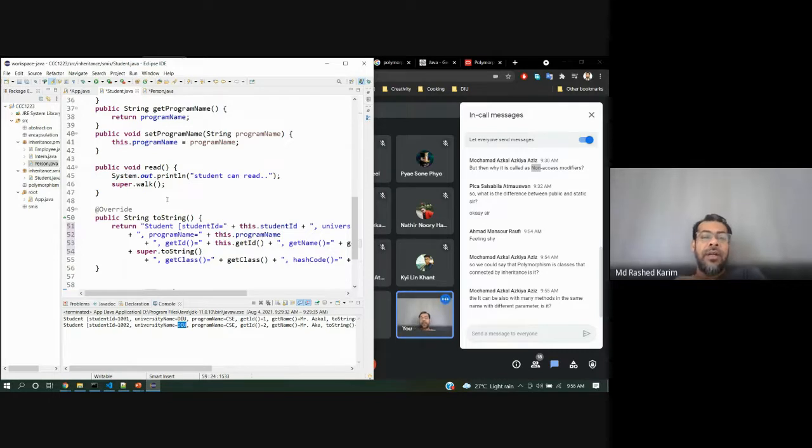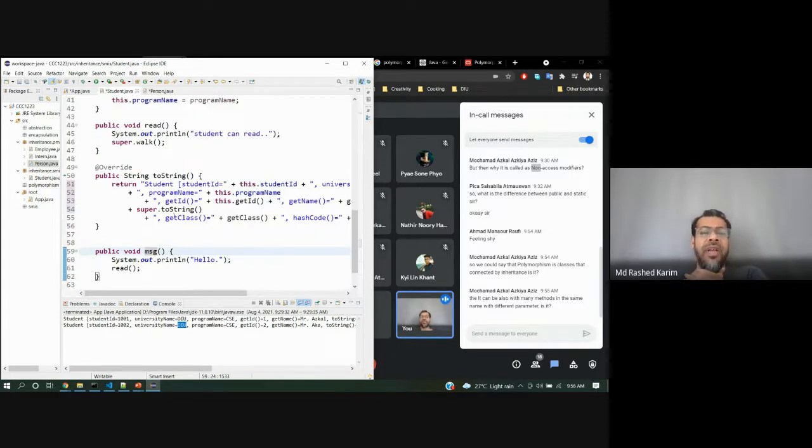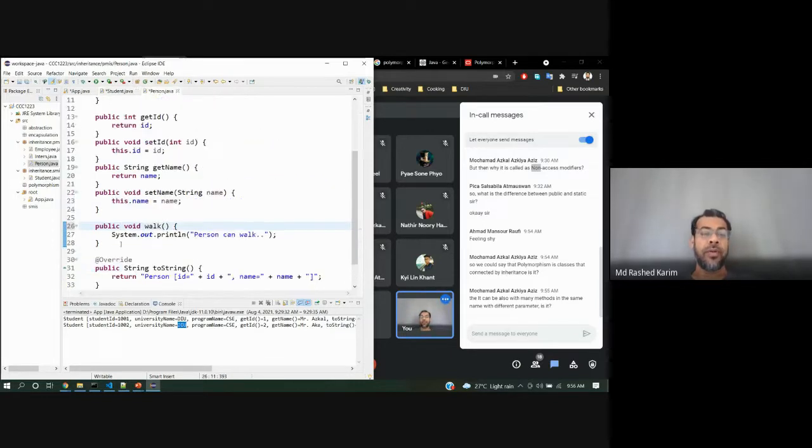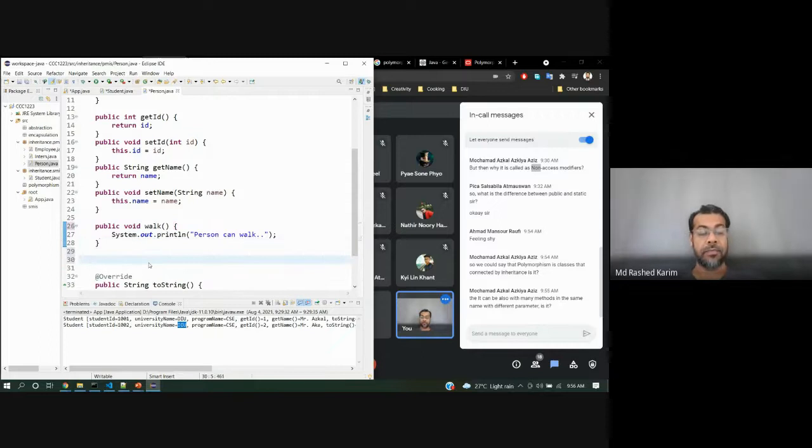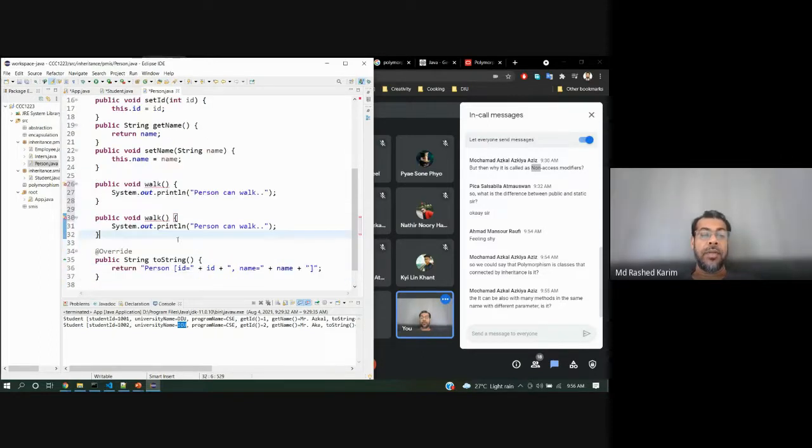So this is the work method, and you want to declare the same method but with different parameters. Using what? Maybe the speed.